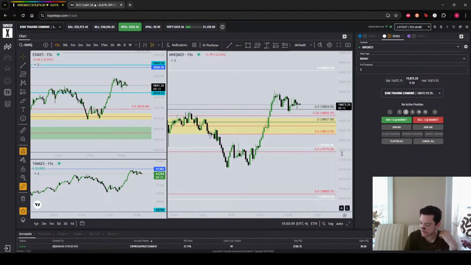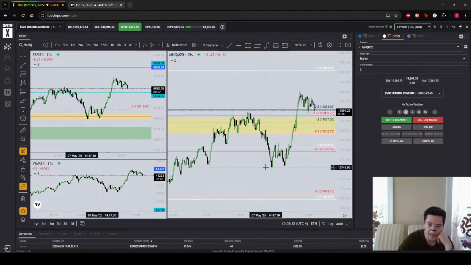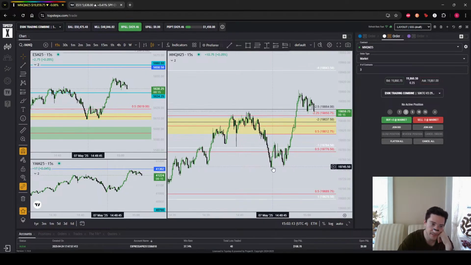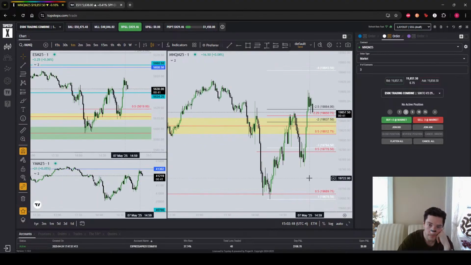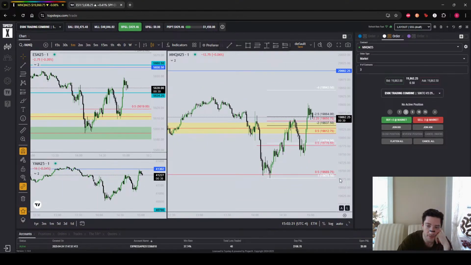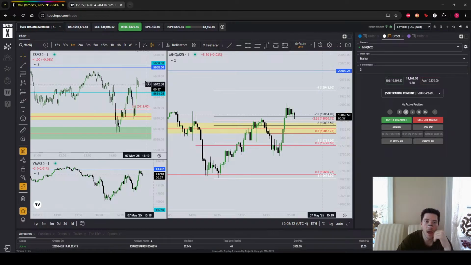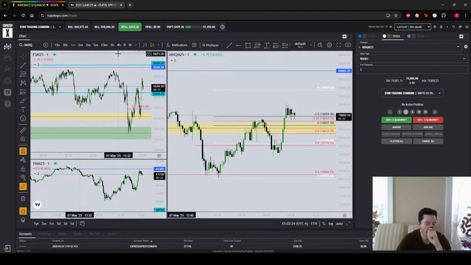I want to get long here. Yeah, we all cook together. I'm looking for a long because at this point I am really confident in the ES draw. I think that these lows are obviously whack, but they can stay whack forever. And if it wants to go lower, it can go lower. Maybe higher first.